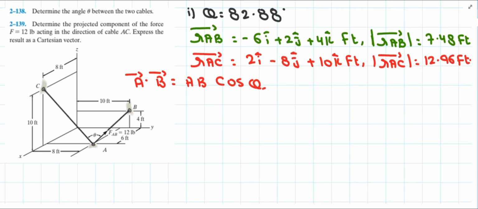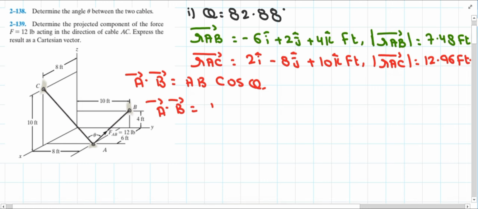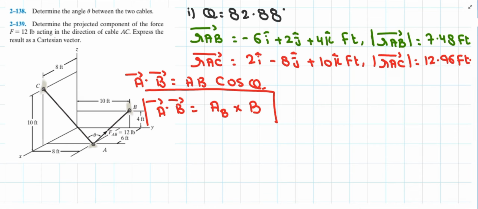But what if I want to find the projection of vector A along the direction of vector B? This formula can be written as A dot B, which is equal to the magnitude of A with lowercase b, that is the unit vector of B, times the magnitude of B. This is the general expression which helps us find the projection of A along the direction of B. Question 2-139 says: determine the projected component of force F acting in the direction of cable AC. So the expression can be written as RAC,